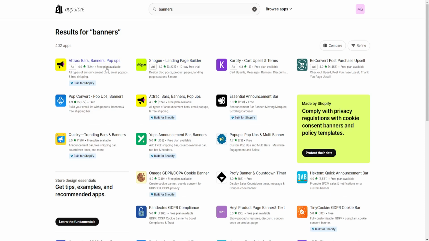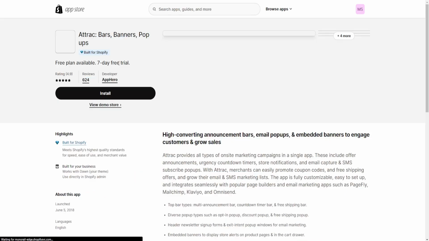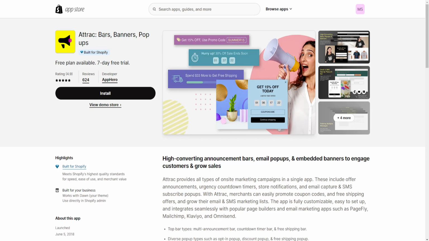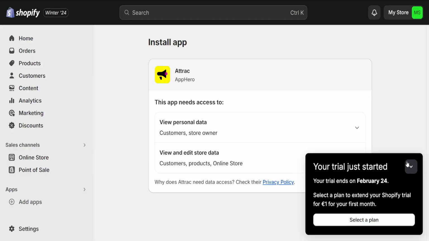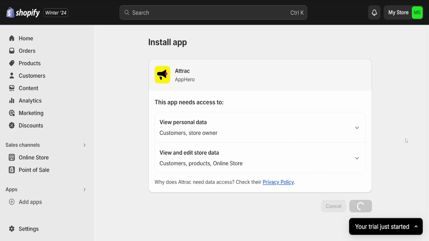If we click on this, it will obviously lead us to the App Store, and here you will need a third-party application for banners. So for example, I'm just going to do this one. So attract bars, banners, pop-ups. We will install this here and add it to our store. Just give it some time to add here. Now I'm going to click on install,